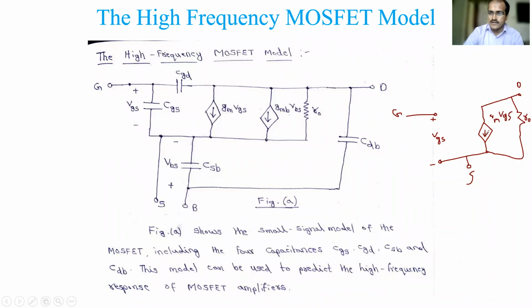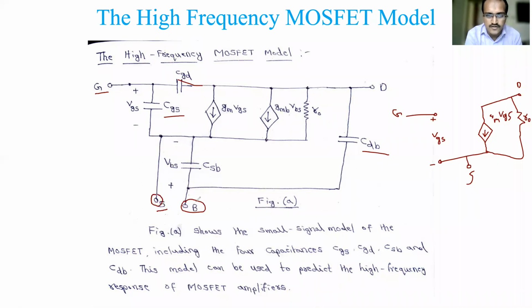Now in this MOSFET model, we have not considered the capacitances. Now we will consider the capacitances. So that's what you have here. This is the gate terminal, and this is the source terminal here, just extended. So now between gate and source, along with VGS, you have a capacitance. What is that capacitance? The gate to source capacitance. Between gate and drain, you have the gate to drain capacitance. There are 5 capacitances, and I am trying to show that. And then we have the drain to body, because below that only the body will come, right? So that's why the body terminal is also shown along with the source. It will be the same as this one.